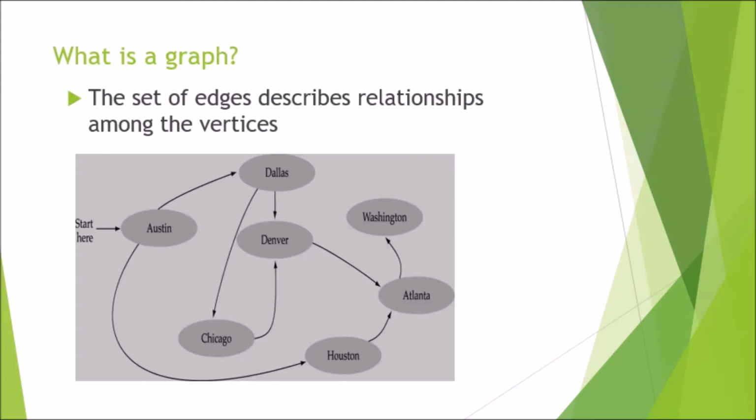Here is an example of a graph. What we can see while we use Google Maps or some other applications to find a route from one city to another or one place to another. This is a typical type of graph what we used to see. Here we can see the cities are connected through directed lines. That direction means the movement from one city to another. So this is a simple graph and that is how it is represented.